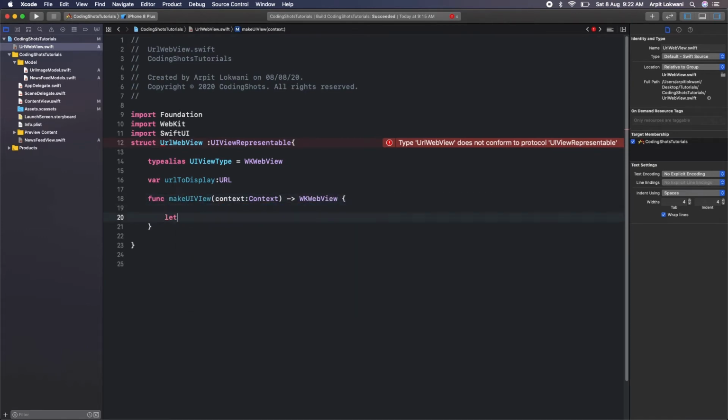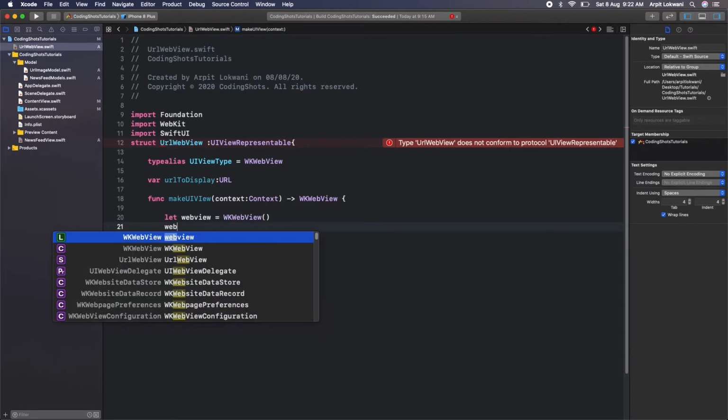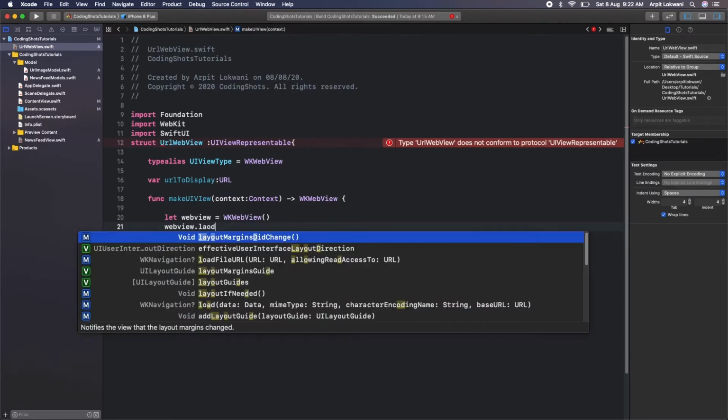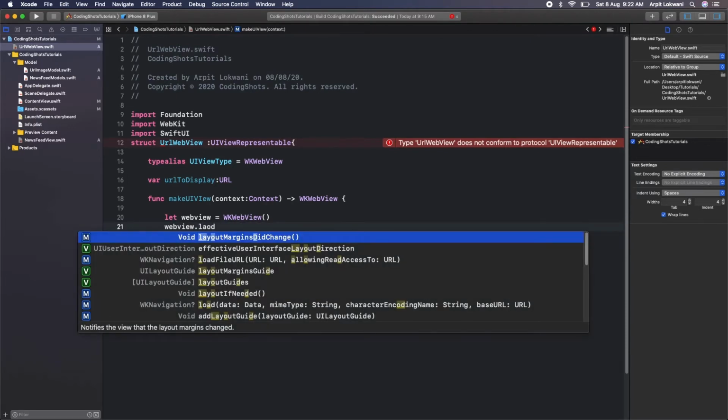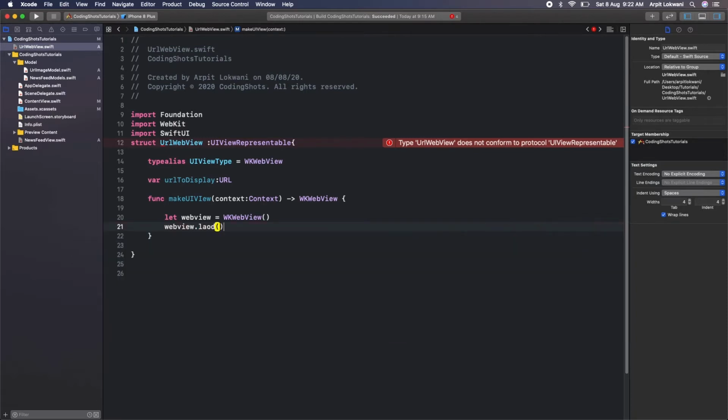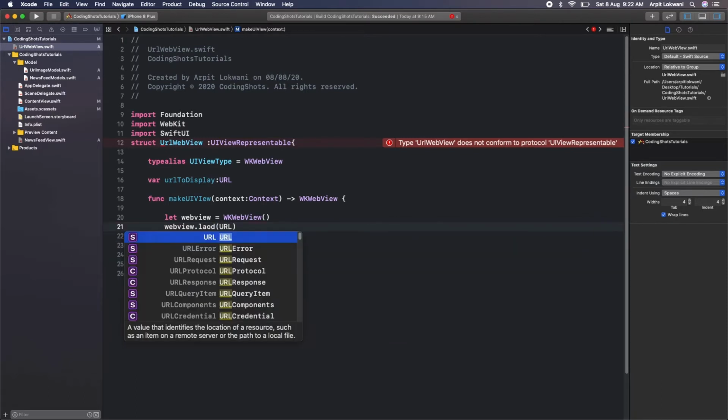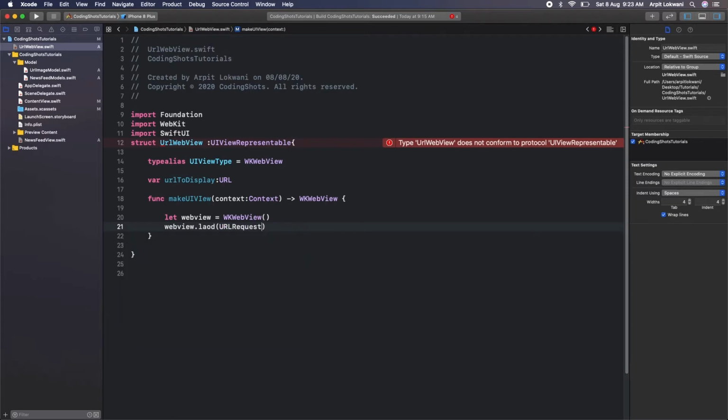Looks fine, so let web view equal to WK web view, and there is nothing more actually. We have already used this code multiple times, so we know each and everything for this. Load view, and we can load the request URL with a request, saying check my URL, and that should be URL to display. And where is this C?